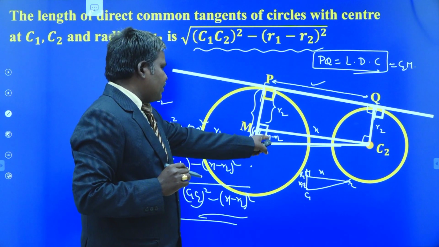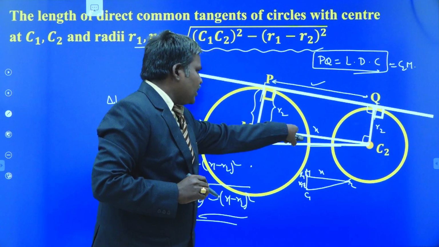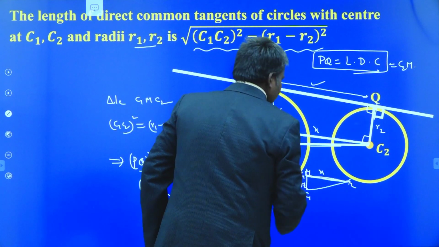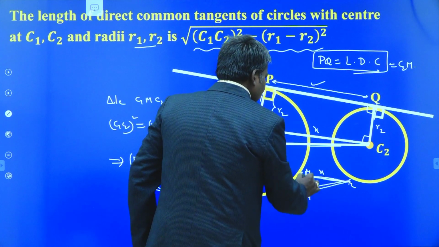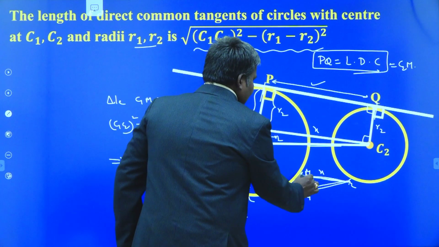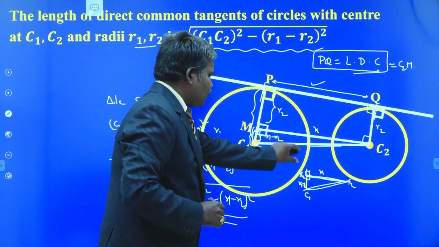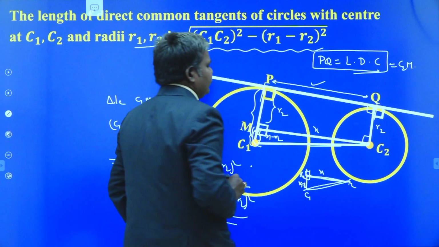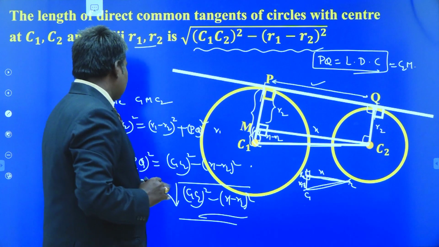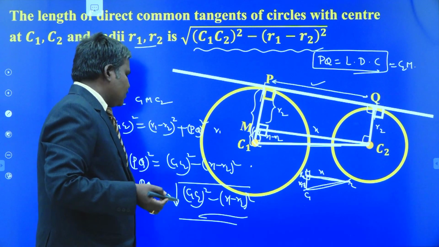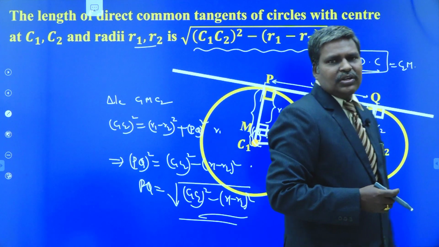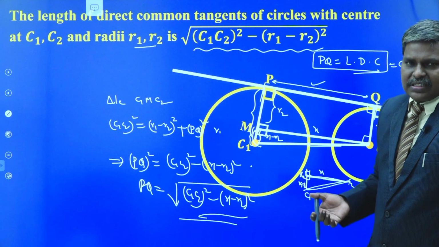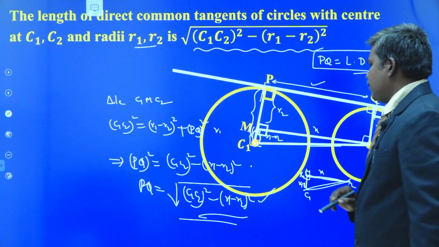After getting this as R1 minus R2 and this is C1 C2, can I find one side length or not? You can easily find the side length. This is the side length we have to find here. The distance from here to here is C1 C2, here to here is R1 minus R2. Here the angle is 90 degrees. Just the entire portion is taken here. This is C1 C2, the line joining their centers. So what is the length of the direct common tangent here? The square root of C1 C2 whole square minus R1 minus R2 whole square. What is C1 C2? The distance between the two centers. What is R1 minus R2? The difference of the radii. So we obtain it in this manner.